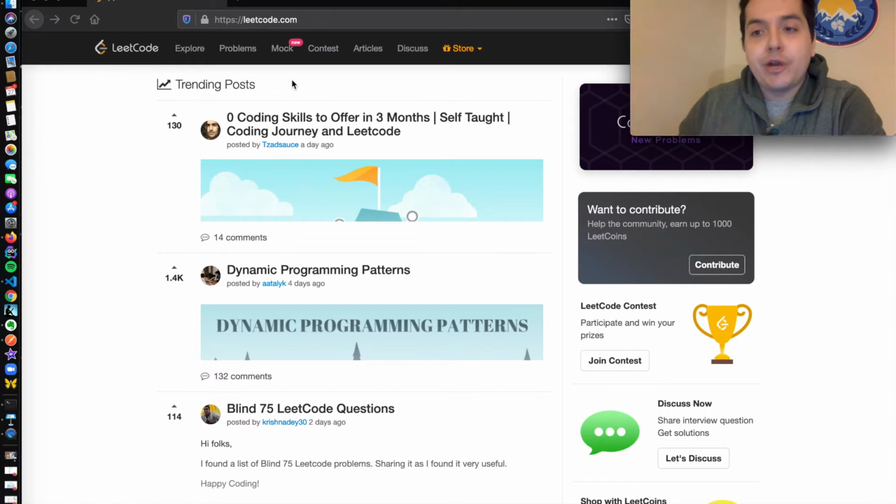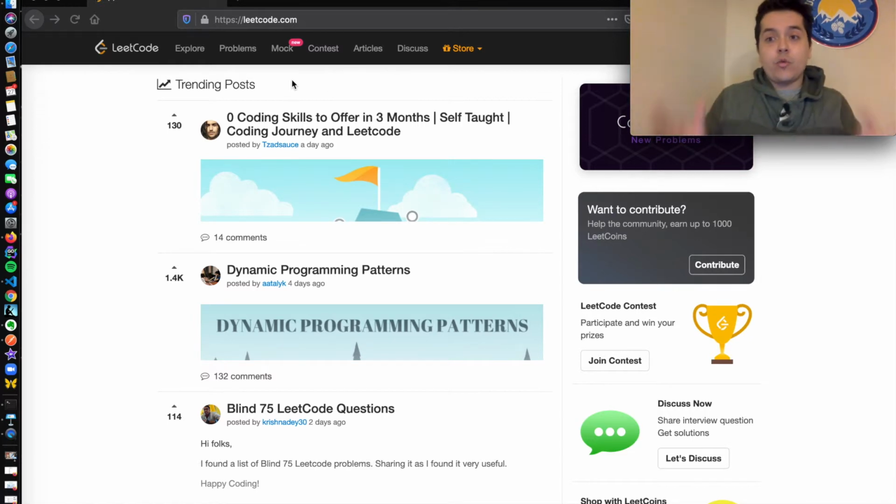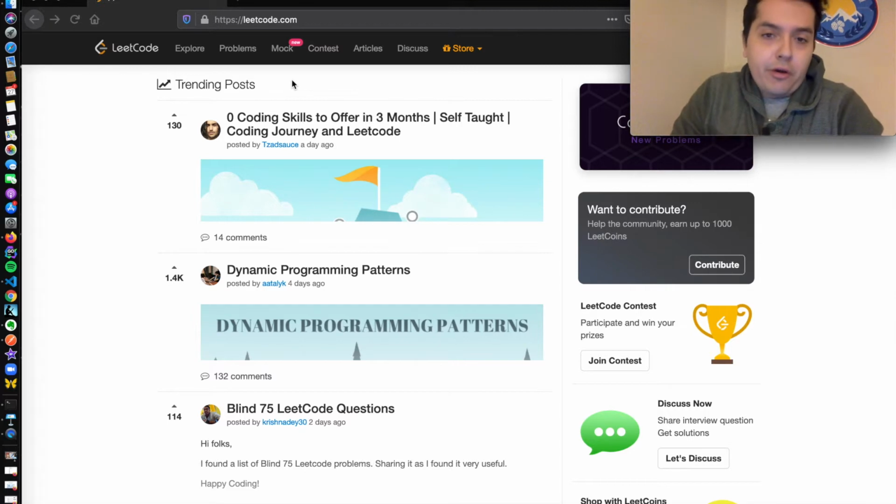Also, how you write your code, because even though it's not a perfect one-to-one approximation, how you write your code on the whiteboard or the shared Google Doc or wherever you're coding is often how you're going to be thinking about the way you code and how you'll be coding in general. Again, it's not perfect, but it's also a good barrier or obstacle that companies like to use to show how dedicated, what type of programmer you are, and then how you solve problems. And also, let's say that your fundamentals aren't great. This is a great way to show, hey, you put in the effort to study these types of problems and